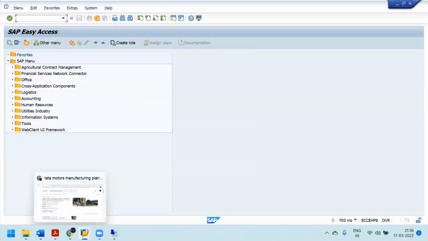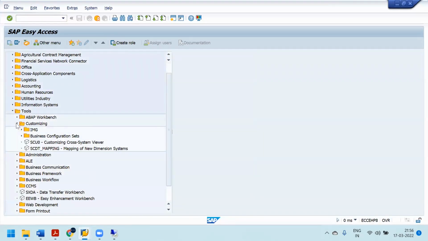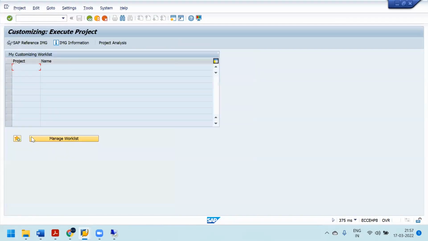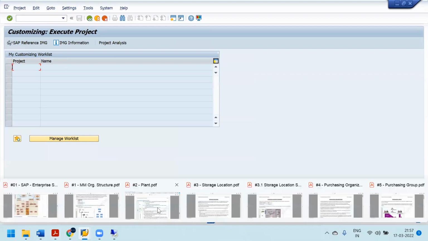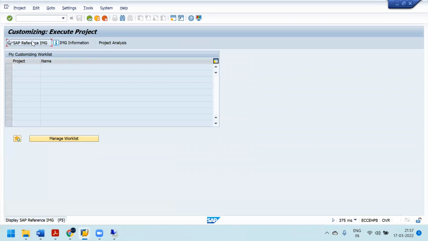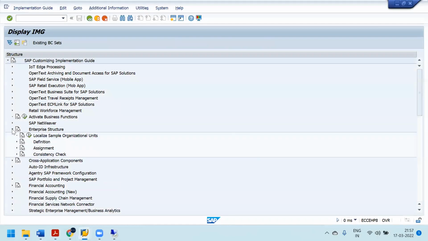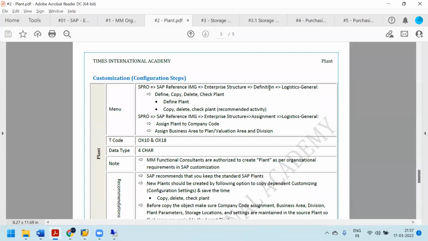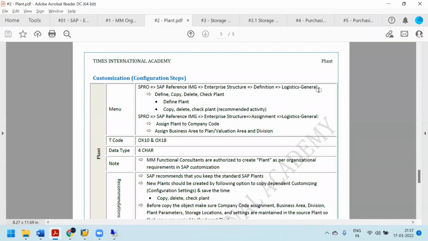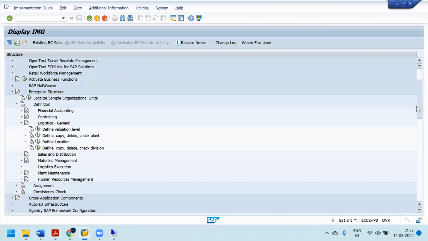We can navigate through Tools, Customizing, IMG, then SPRO, or we can directly type it. Let's go to SPRO here. After SPRO, we have this menu path: go to Reference IMG, then Enterprise Structure, where we are defining it. So go to Definition, then Logistics General. In this Logistics General, you can see